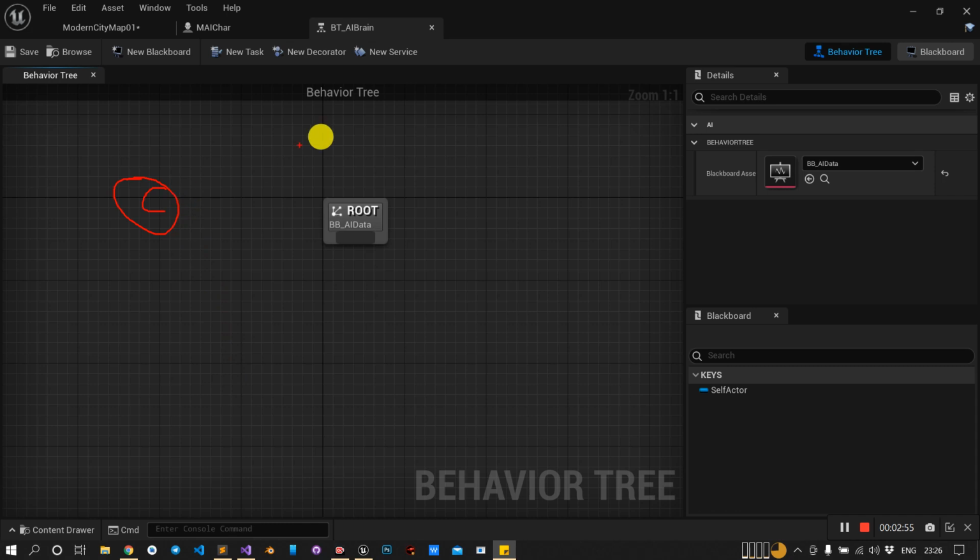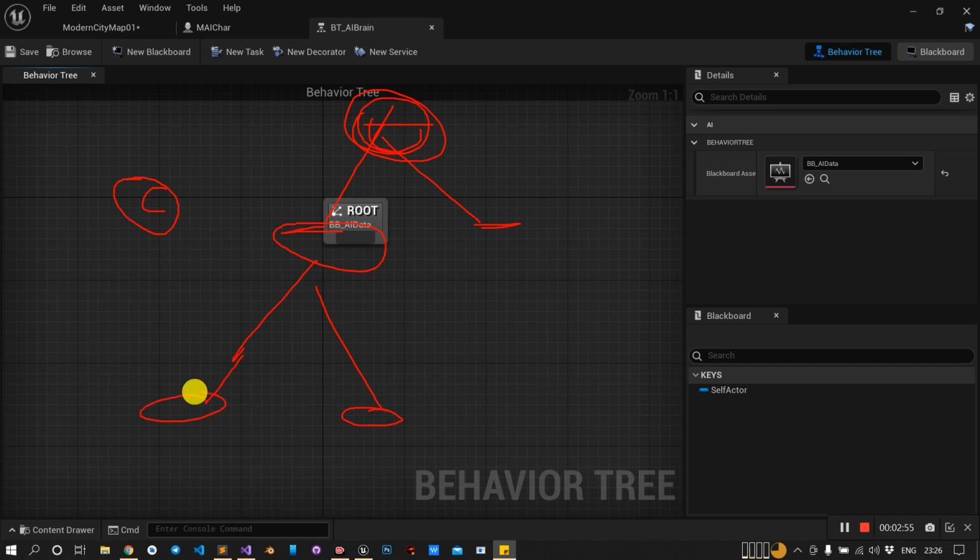I'm not talking about the root part, but in the intermediate tree, these will all be composite nodes, and in the end part, when you create the leaves, these will all be task nodes. So now you know the difference between these two. The composite nodes are in the middle, and at the leaf side it will be the task node.